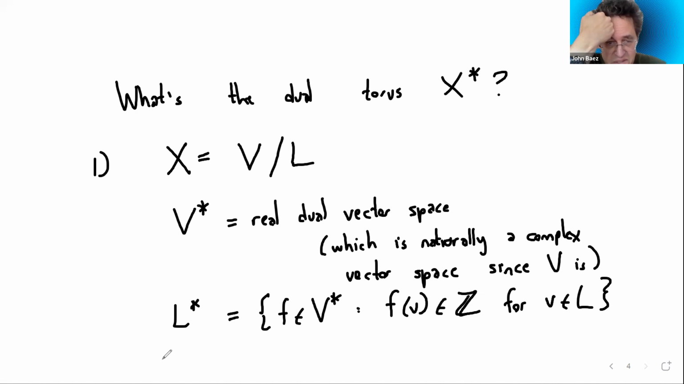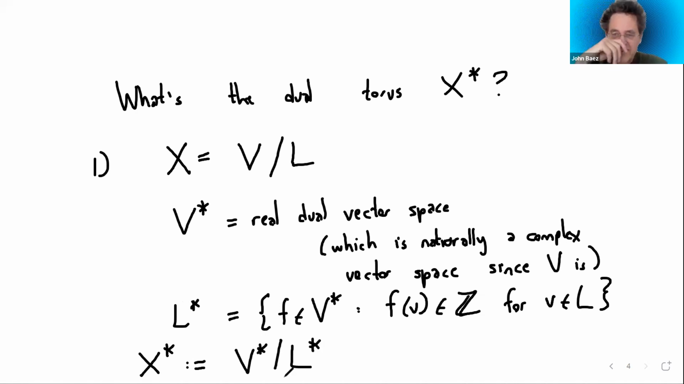And then finally, since we have those two things, a lattice sitting inside a vector space, we can form a torus by taking the quotient. So this dual torus is defined in this approach to be the dual vector space mod the dual lattice. Yes. So this is one way to define the dual torus. And then,